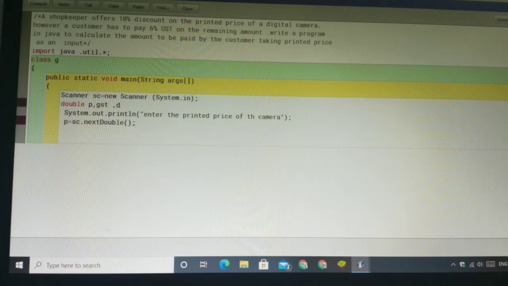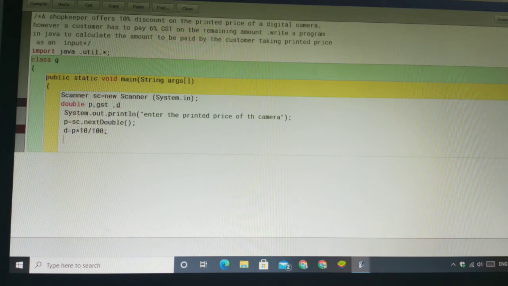Okay, and next is the discount. How can we get the discount? Discount given d is equal to p, the printed price, into 10 upon 100. Okay, then we can get the discount.